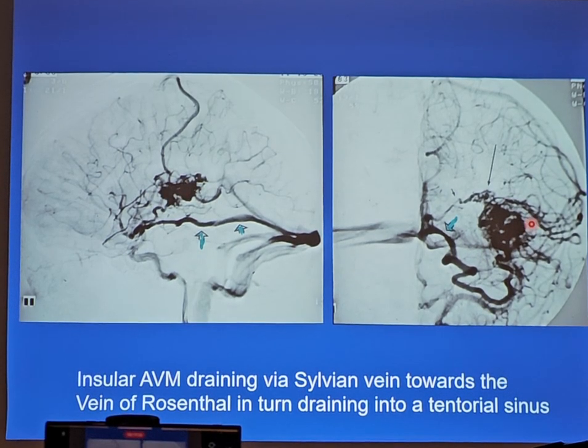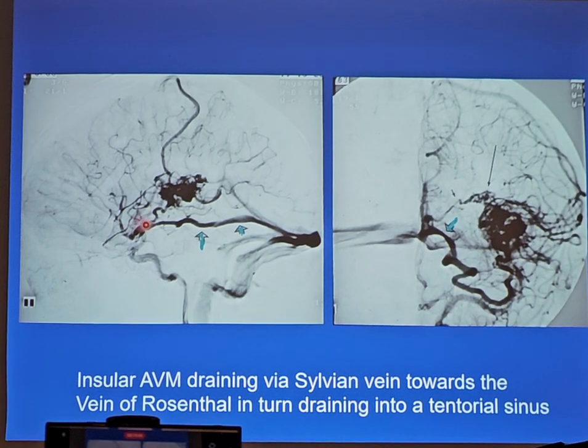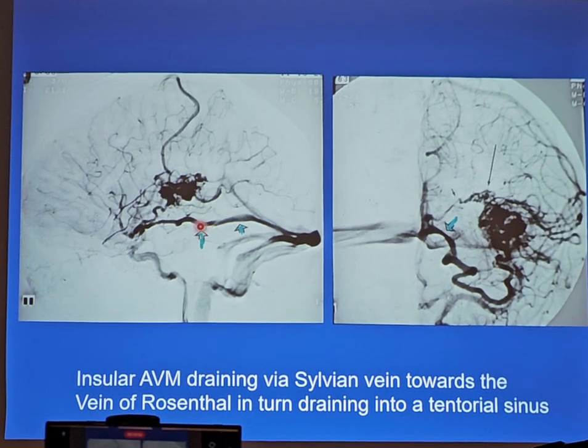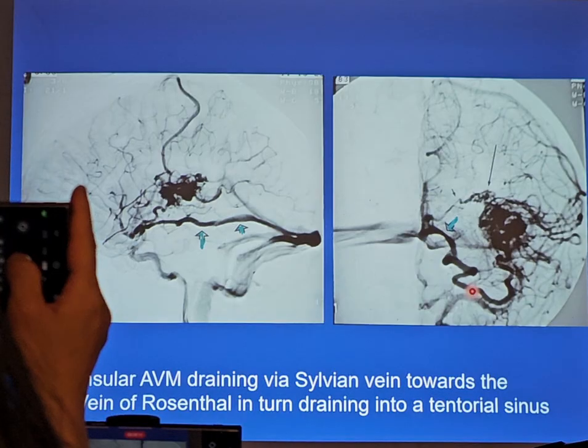So here's a brain AVM in the Sylvian region, and it's draining forwards. It's going towards the normal location of the vein of Rosenthal, draining backwards. But now you would expect it to go up towards the vein of Galen region, but in fact it drains through the tentorial sinus, which is usually bowing up slightly and bowing out slightly. It is a very typical configuration of a tentorial sinus. So in this case, the exit from the vein of Rosenthal is the